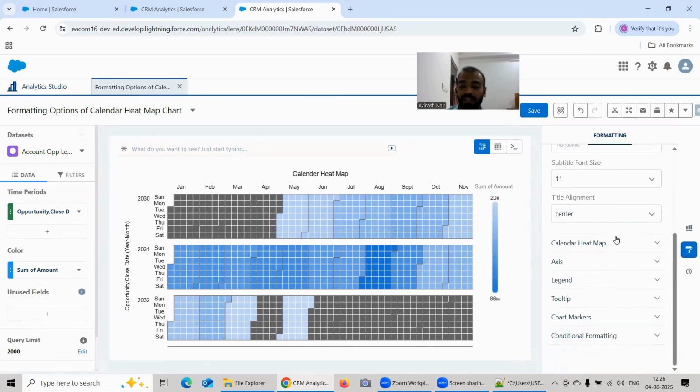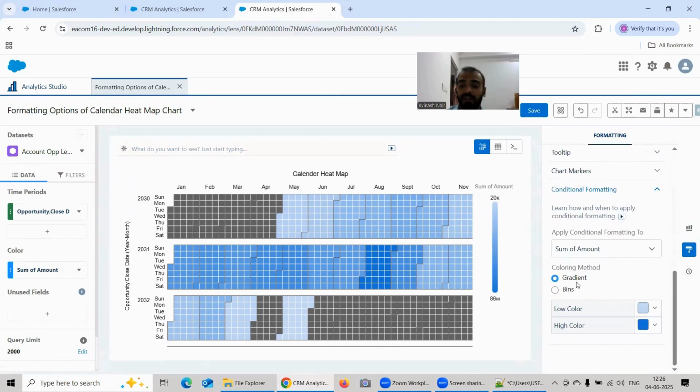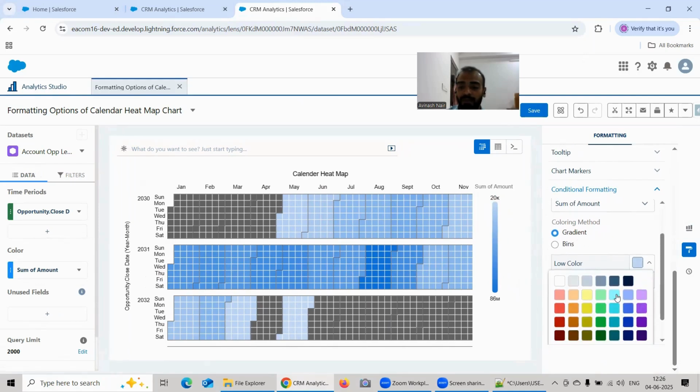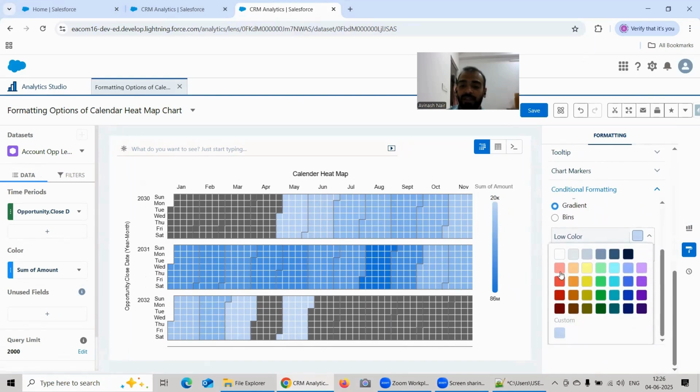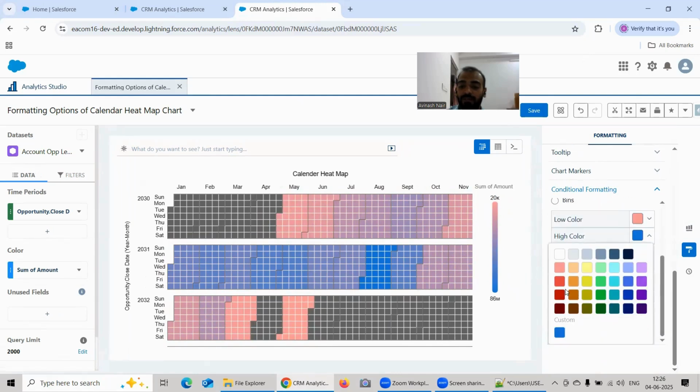And maybe what I can do is also go for the conditional formatting of the difference between these two coloring methods. Okay, so for example, for the gradient, if I want to choose it from light blue to red, I can show you very quickly on that aspect. So I can choose something like, as you can see here, pink, okay, which is fine. And for the high color, I can choose something related to